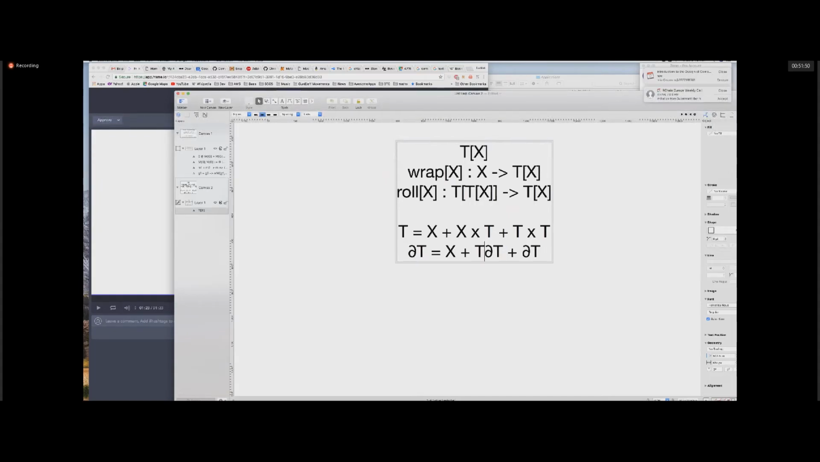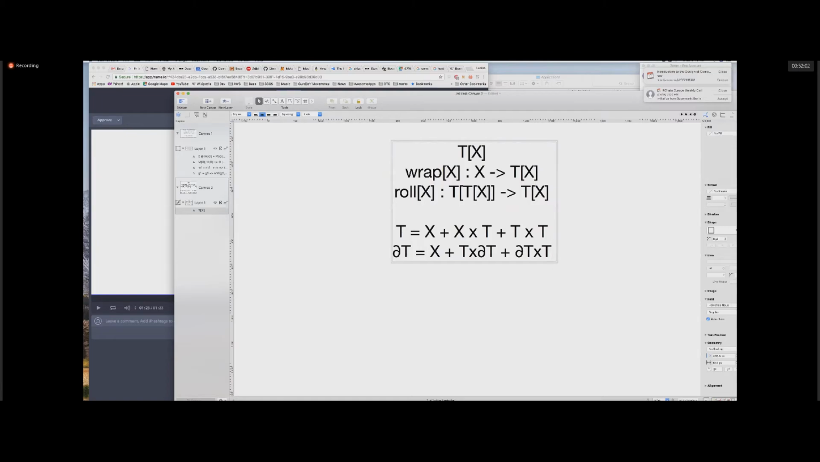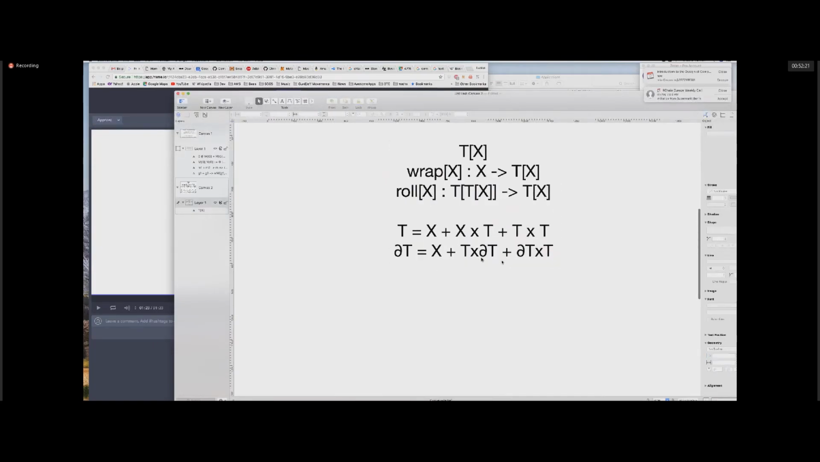Sorry, this should be times. Oh, I see what's going on. That's weird. So that's the usual product rule. We can go over the recursion, but that's less important. The more important thing to note is that if we